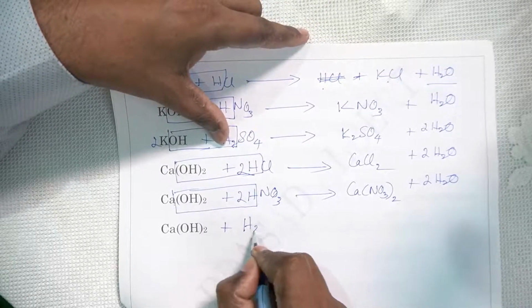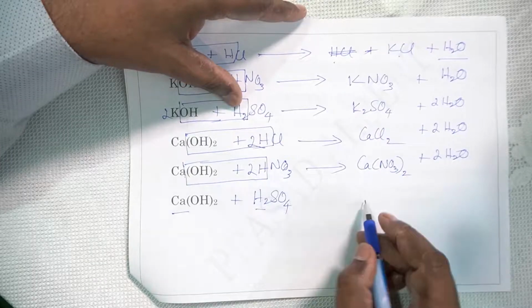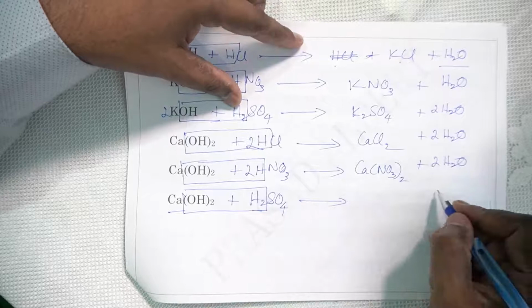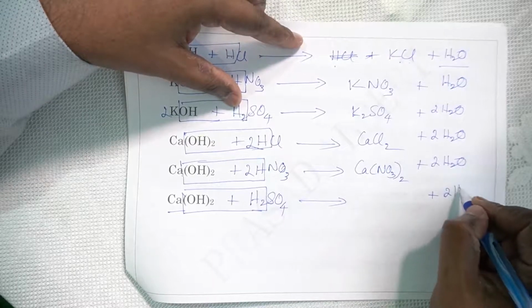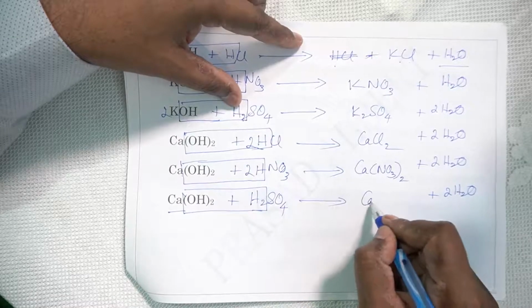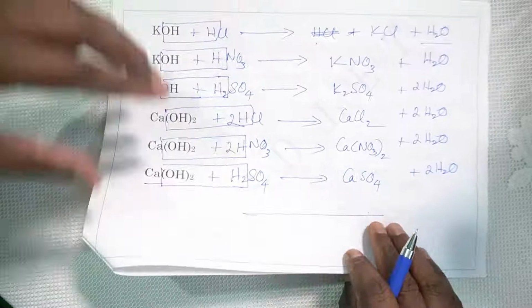Now you take H2SO4. Sulfuric acid is a dibasic acid, divalent metal, perfect match. So they go together. So nothing to do. So you get 2H2O. Why 2H2O? There are 2 H groups here. You can see that. CaSO4 is the salt form. Salt and water will be formed in this case.